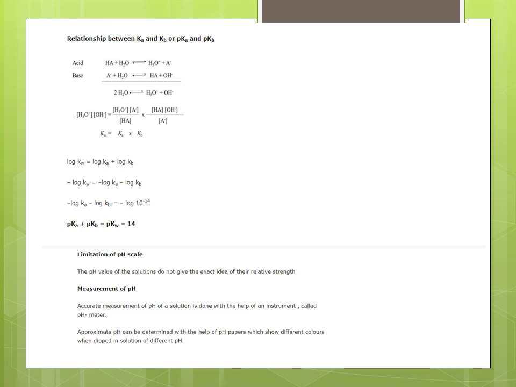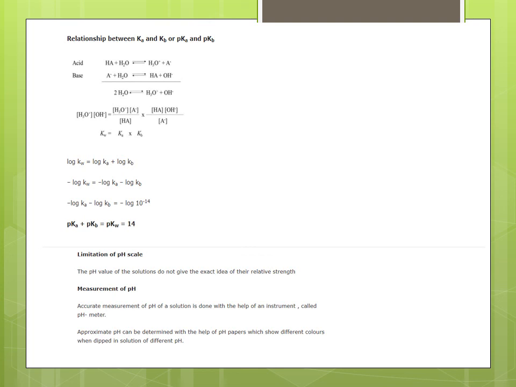You can write Ka, you can write Kb in the same way as we have done earlier. Now taking logarithm on both sides, log Kw will be log Ka plus log Kb. Taking minus sign on both sides, when you take minus log, then it will be p. The term p will be introduced. Then it will be pKa plus pKb is equal to pKw. Now pKa plus pKb will be 14. Okay. Now this is one of the most important formulas for numericals: pKa plus pKb is equal to pKw, that is equal to 14.